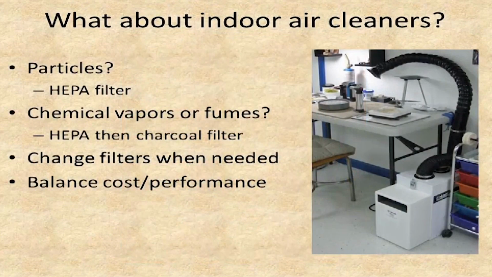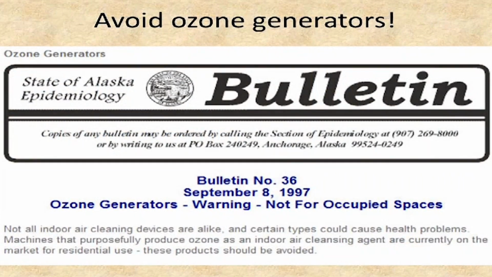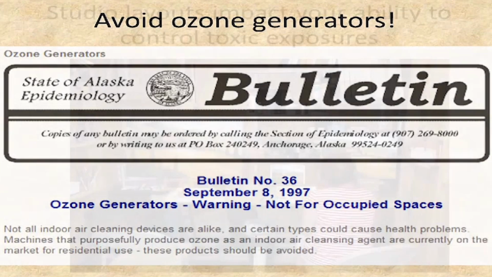There are indoor air cleaners that run air from wherever you're working by fan through a particulate filter, sometimes with charcoal filters added in to pull out solvents. You need to remember to change the filters for these things, and they can be quite expensive, many hundreds of dollars, sometimes thousands of dollars. One of the things you should avoid buying when you're looking for air purifiers are ozone generators. Ozone generators pose a serious risk to your lungs because they generate ozone, which acts as a free radical in your lungs and can cause a great deal of health problems. They're not for a place where people are. Don't buy these things for your studio.